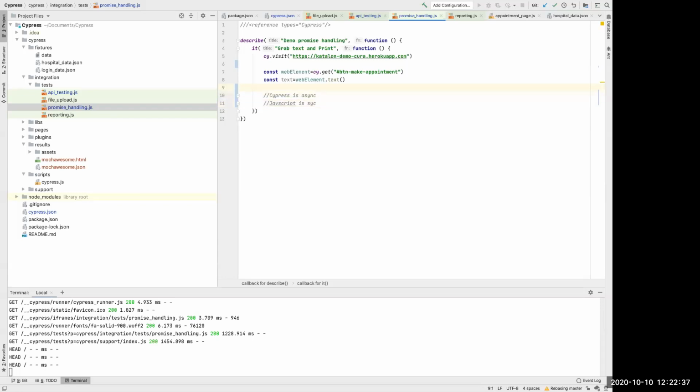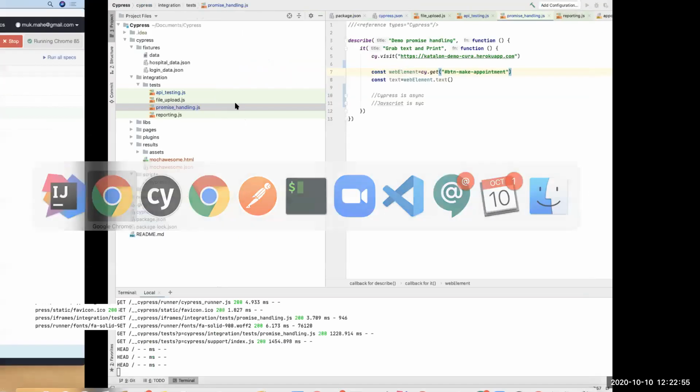So over here you are mixing two things together. But have you noticed that despite being asynchronous, Cypress runs in a synchronous manner only? This is because the Cypress people have taken all the load on themselves. They have created these wrappers in such a way that they run in a very synchronous manner. So let me show you. They have given a very beautiful example